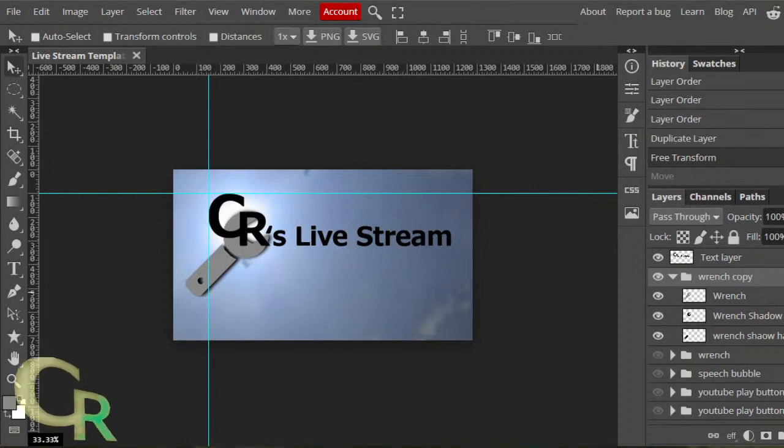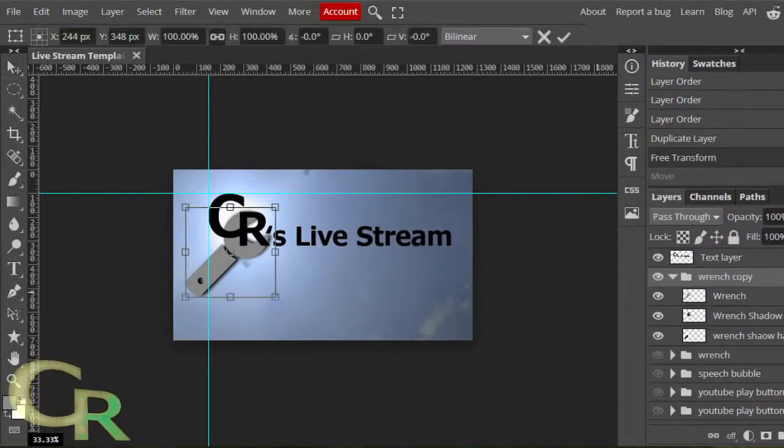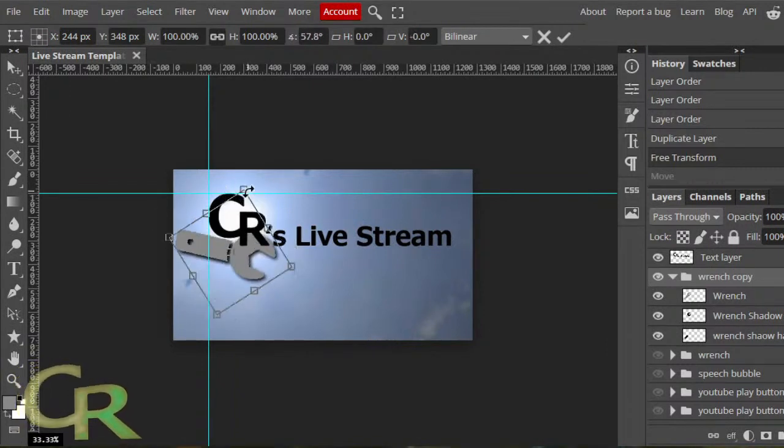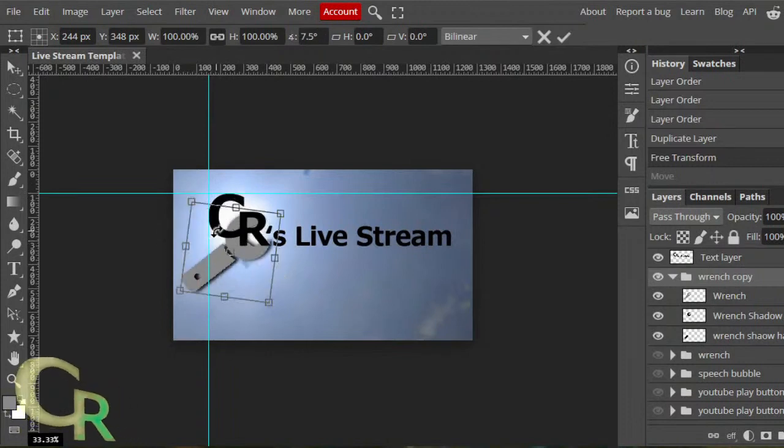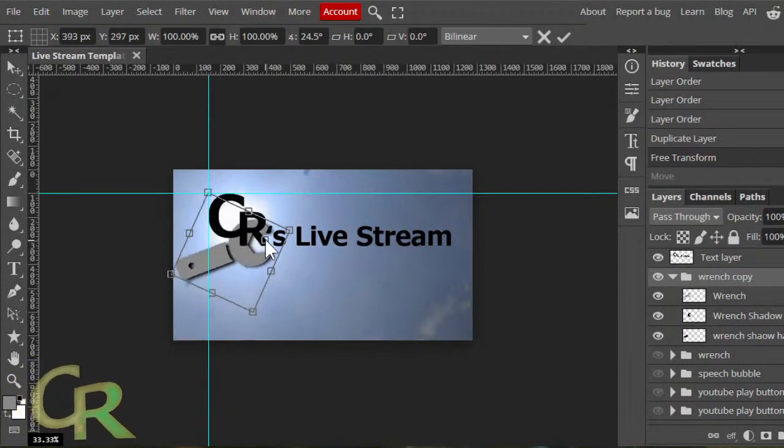Actually, I need to resize it. Control T for free transform. Let's see here. If I don't want it, that's an anchor spot. I'll put it over here.